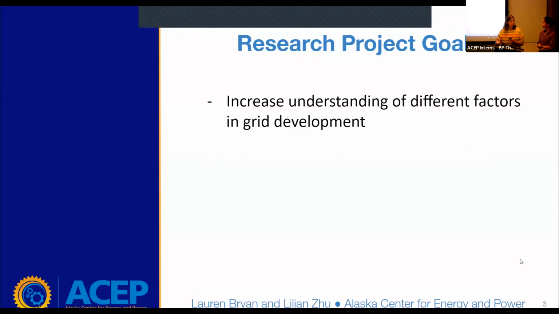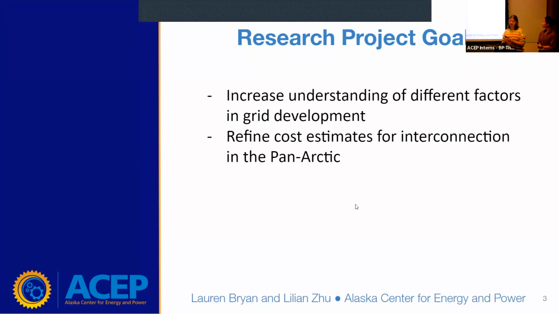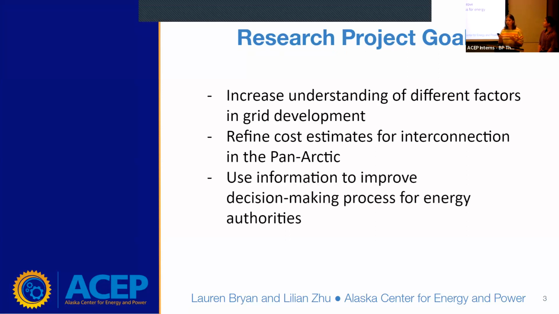And oh boy, to add on to that, we also wanted to refine current cost estimates for building transmission lines in the Pan-Arctic. Some of you may have heard the number $1 million a mile thrown out before, but this number is actually really outdated and so it needs to be brought up to speed. So ultimately, we wanted all the data and tools that we used in this project to go towards better decision-making